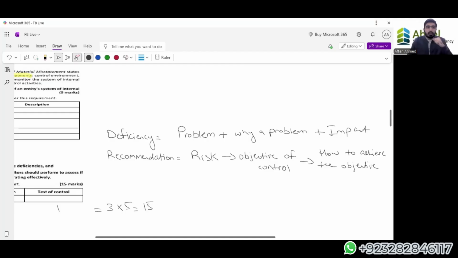Now let's say a person tells me that there are no security cameras. This is a problem statement. What will be the risk? The risk is there is a higher chance of theft. What will be my objective here? My objective will be to lower the chance of theft. So how will I achieve this objective? I will implement a system where security cameras are installed and monitored by a security guard. So you see, there is a step-by-step driving force that I have to understand here. One leads to another, another leads to a third.